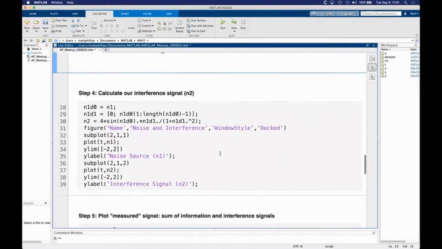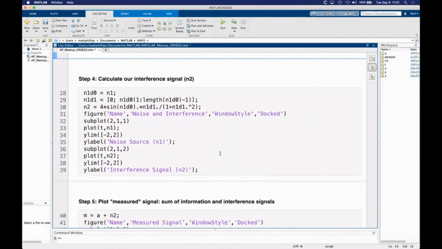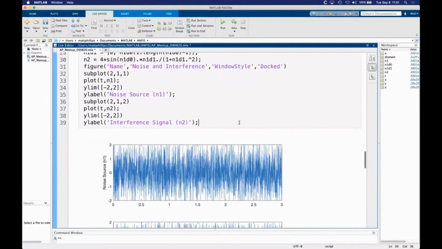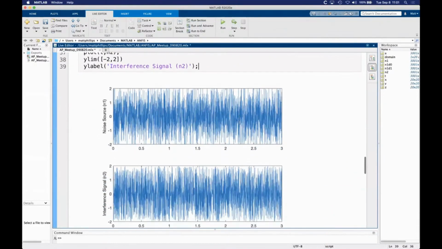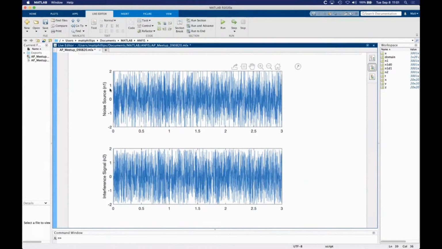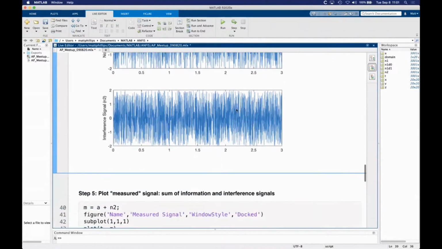So we're going to call our interference signal, which is a function of that nonlinearity and the random noise signal we created earlier. I'll run this section here. Okay, so we have our original noise source, which I've called N1. And underneath we have our interference signal, which is now that nonlinear equation, which we've run our noise signal through in order to produce this interference signal N2. And what we're going to end up with